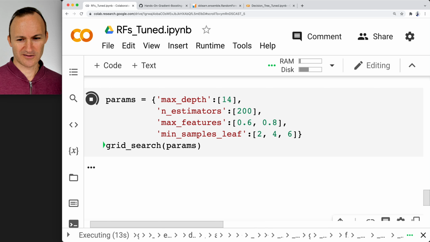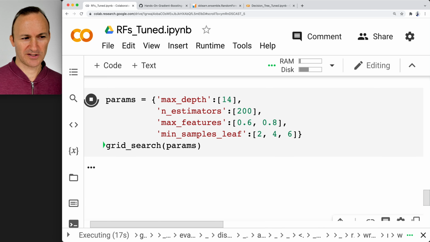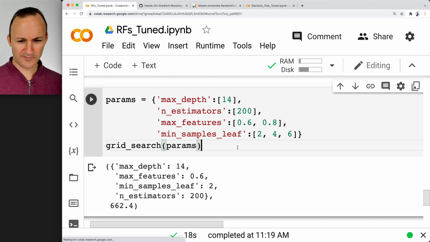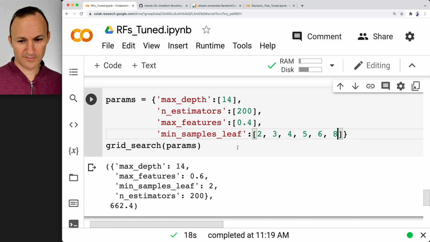Taking its little time here, right? You get the 200. And the other thing is that we can just start to increase n_estimators. So yeah, this is not improving at all. Okay, so I think it's being taken care of. I just put in the original that we have. All right, so